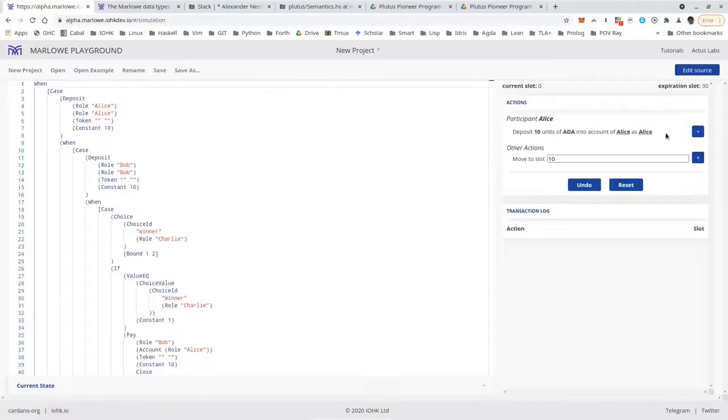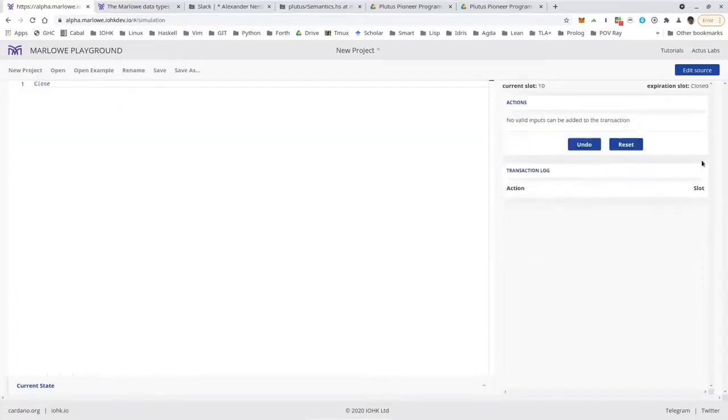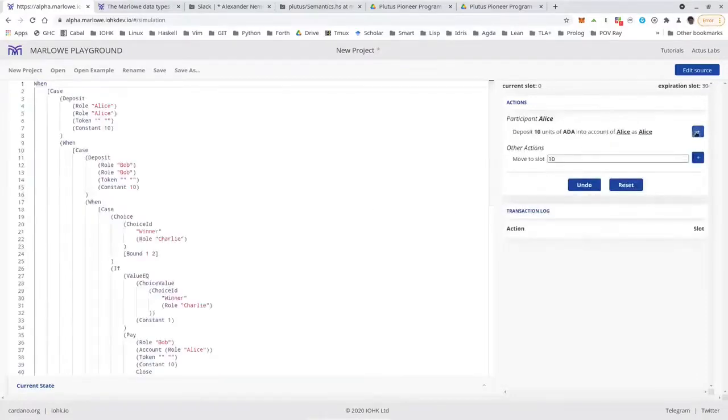So in the first when, there are only two possibilities. Either Alice makes her deposit or she doesn't until the timeout is reached. So in this case, if we wait for the timeout, it's very boring. The contract is over, is reduced to close, and nothing happened. So if she makes the deposit,